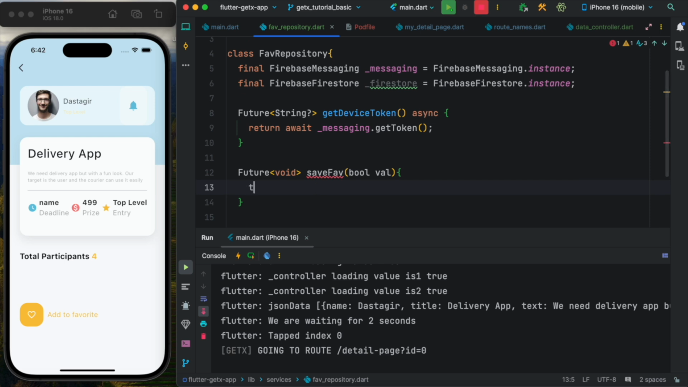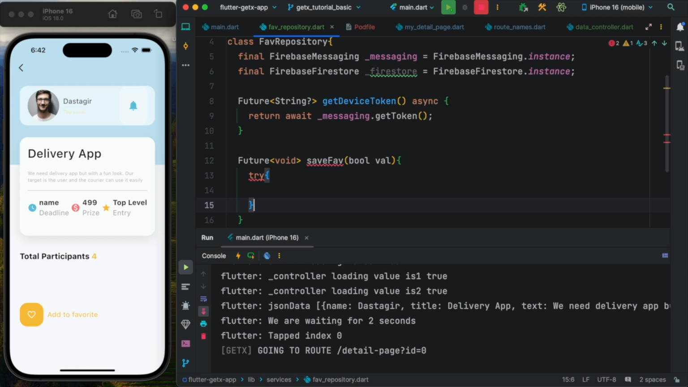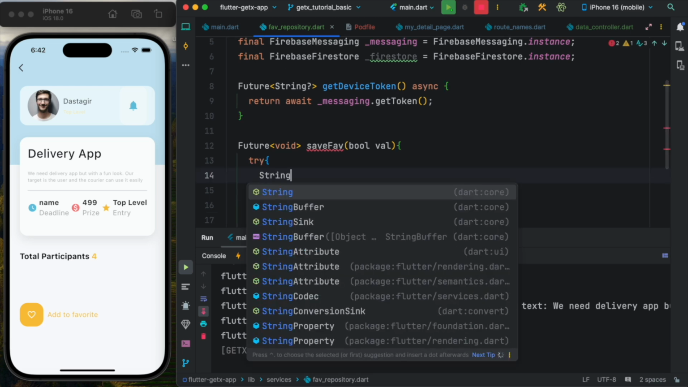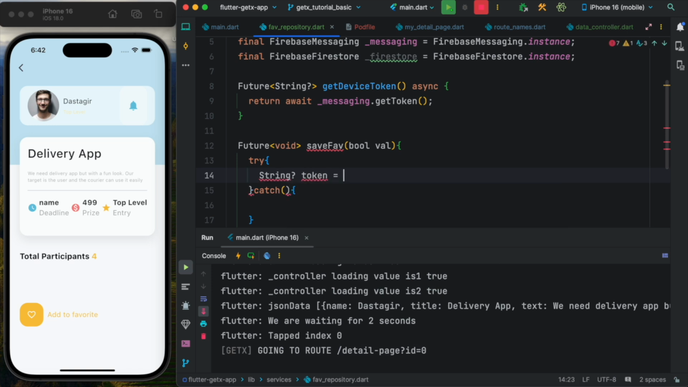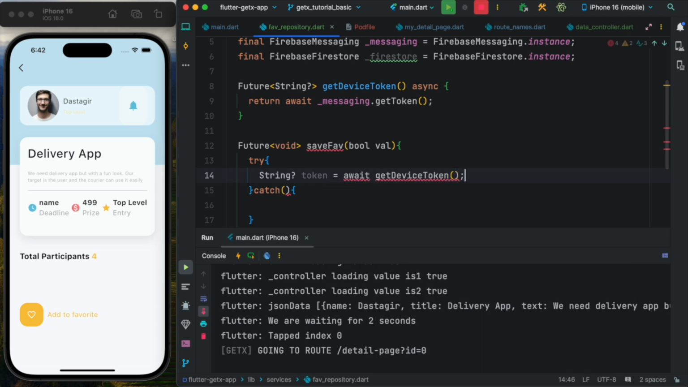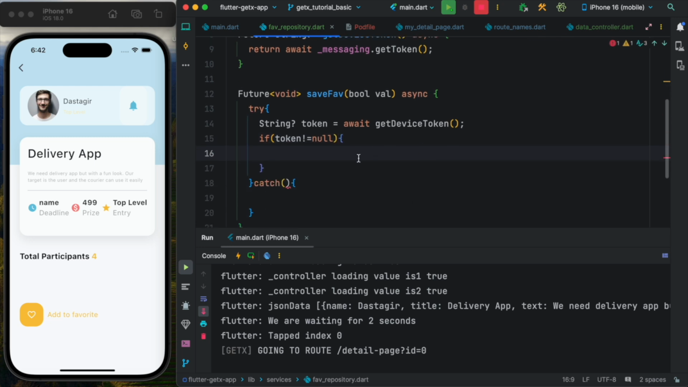And then we'll save the information in the database. Okay, all right, so here we'll have try catch, and then let's wrap it around like this, otherwise we might get an error. Now within it, here we'll say string token equals await get device token, this is the one that we created at the top. Now let's go ahead and do this async operation, and then here we'll say if token is not null, which means we can retrieve the user's device token,